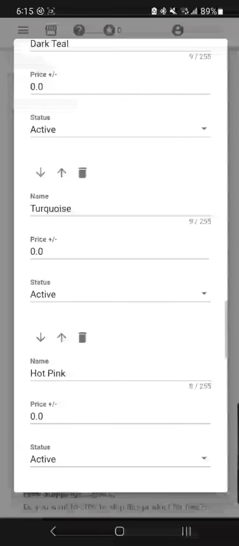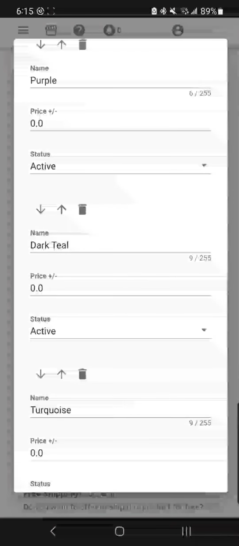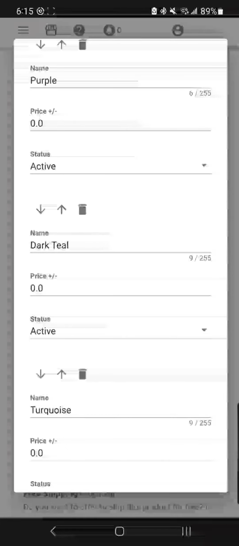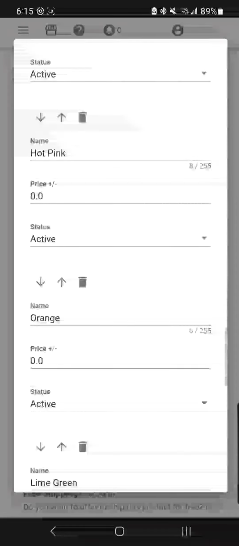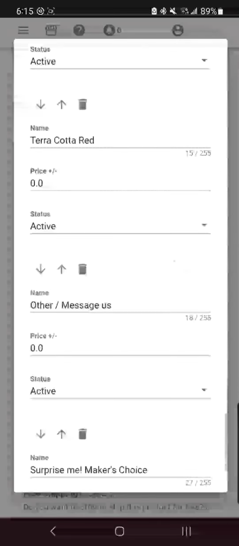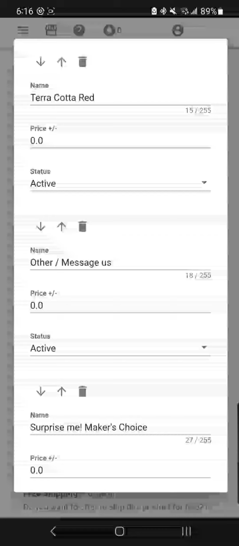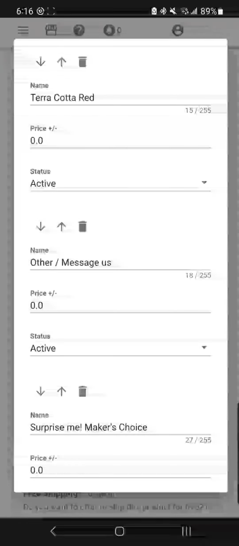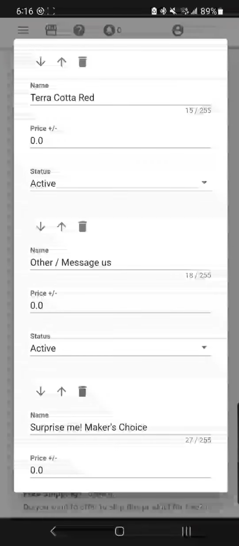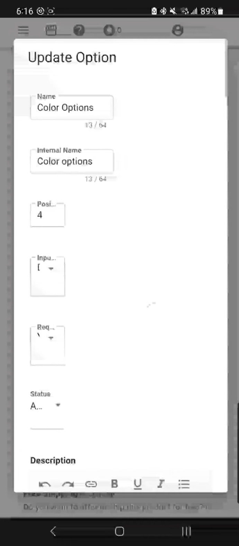I could instead offer 5 options. I really should look at doing this. And then the 5th option should just say, message us for other requests. Basically, just like what I have done right here, other, message us, but just have fewer options and then put that there. And then if I didn't want to require this and I wanted to say it was optional, then I could do that. And then I could say, if you don't message me, then it's going to be